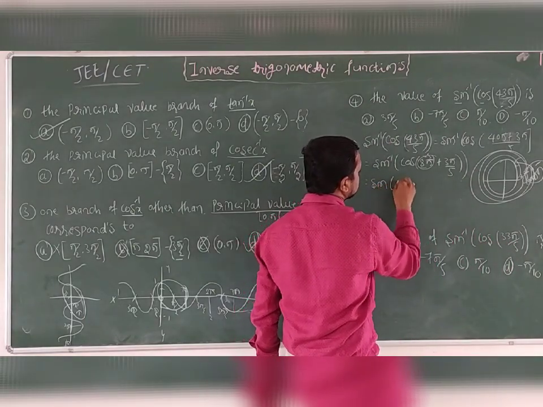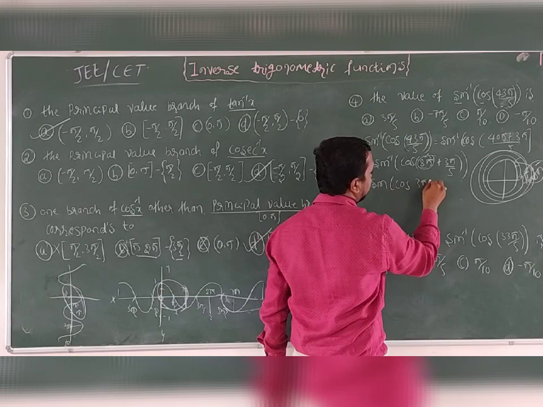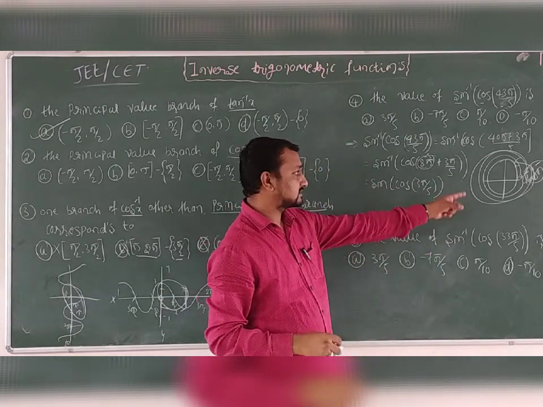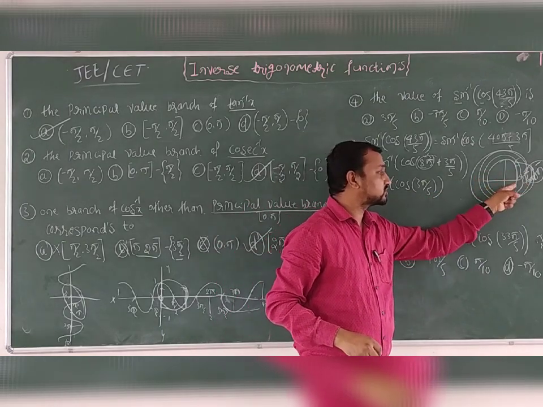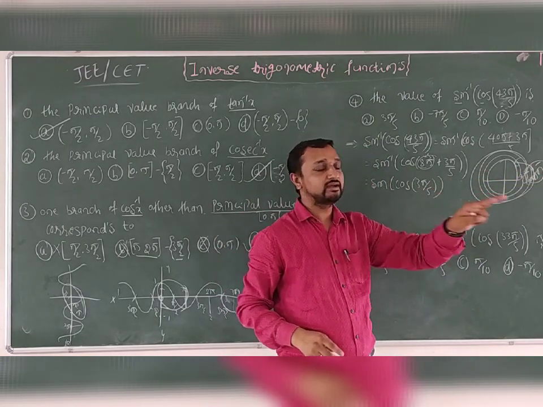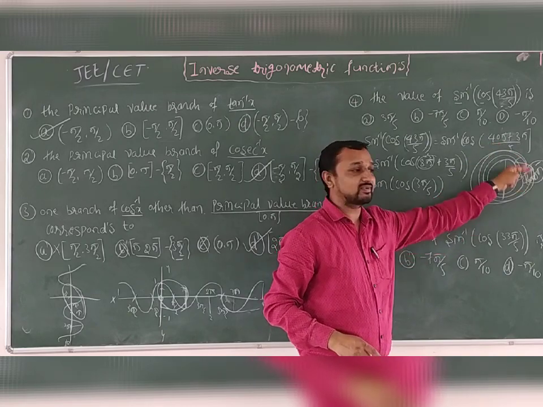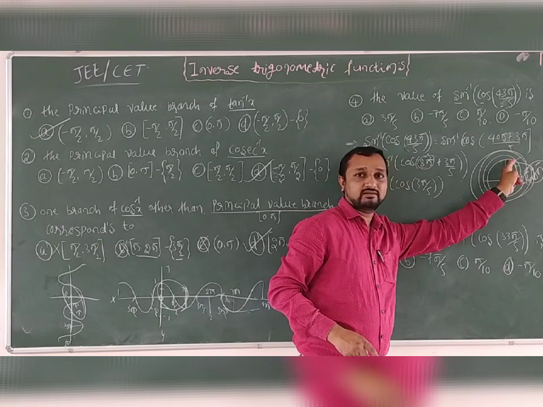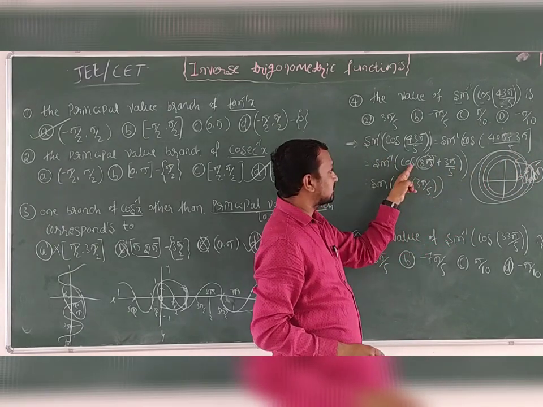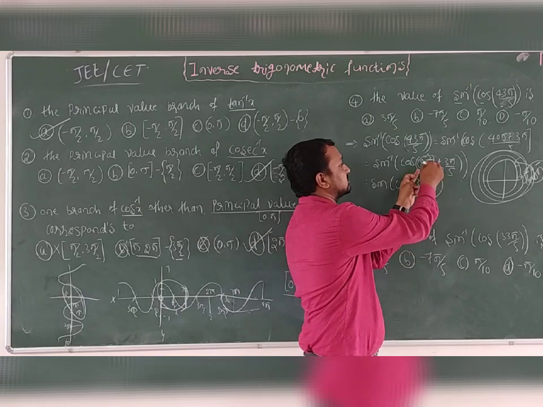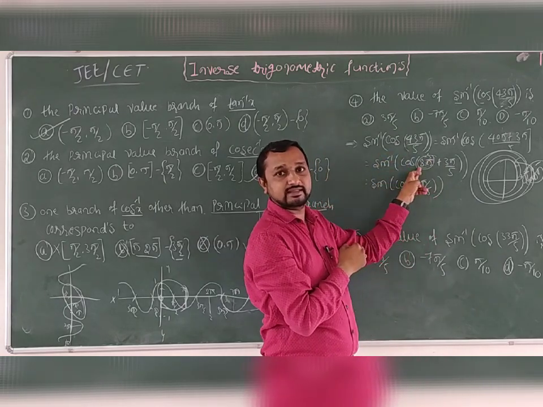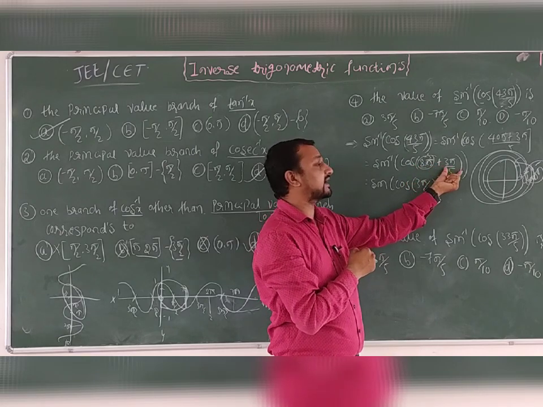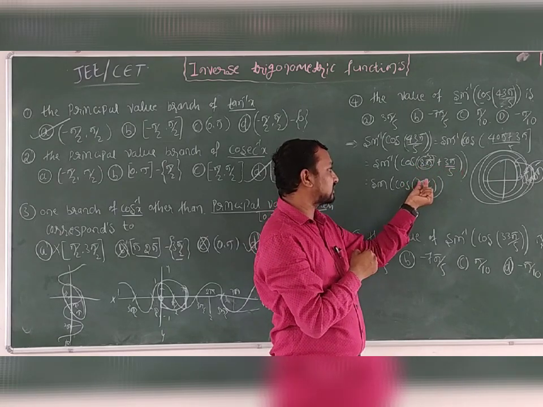So we get sin inverse of cos 3π divided by 5. Is that clear? After one revolution, 2π, the value repeats; after two revolutions 4π, after 6π, after 8π. So cos of 8π plus this is known, and after the revolutions the value considered is cos of 3π divided by 5.